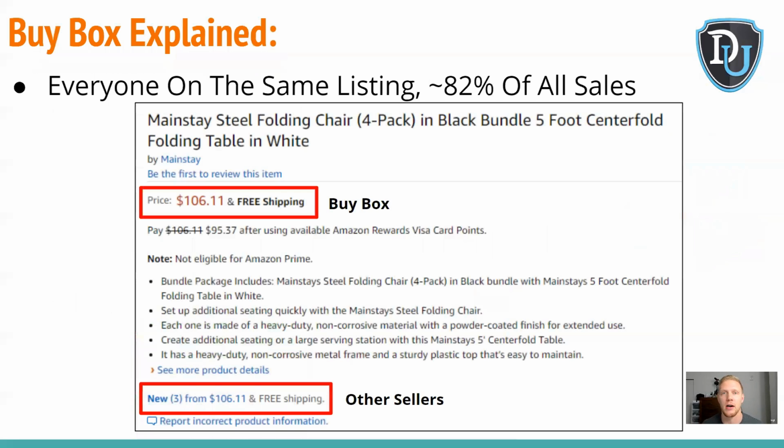Number two is the BuyBox. So the BuyBox explained, this is the BuyBox. If you're looking at a listing, here's the title right here. Here's the BuyBox. So if you see a price right here, this is someone's item. This is one specific person. But as you can see down here, it says new 3 from the lowest price, and then everybody else is higher than that person. So there's two other sellers on this listing, but this person's in the BuyBox, so they're making the majority of the sales.